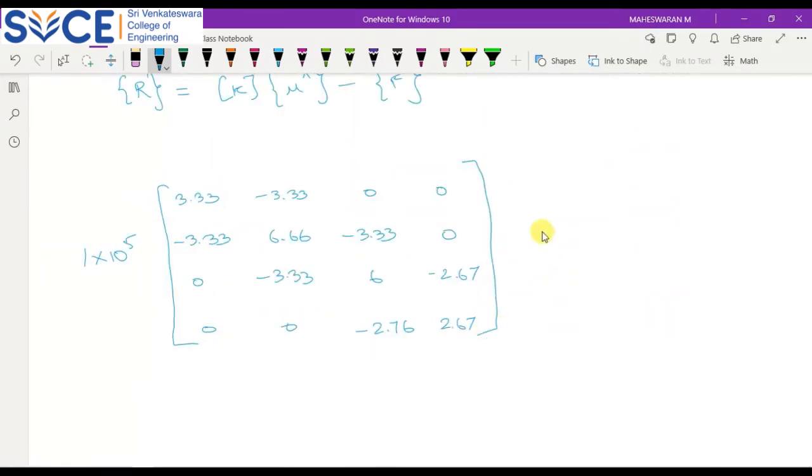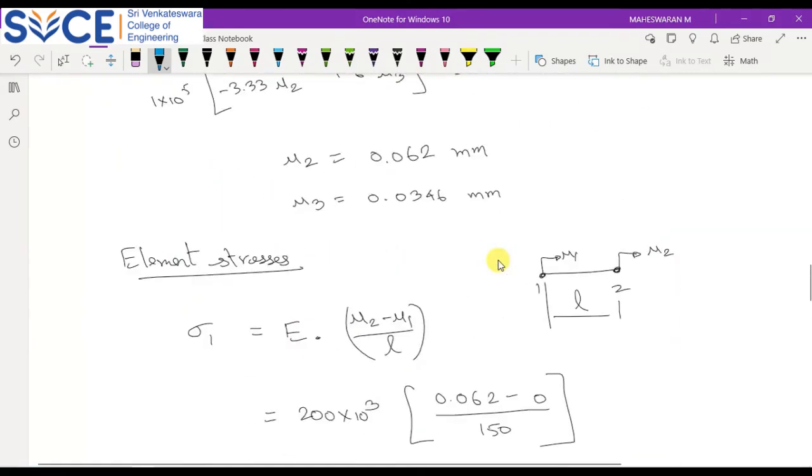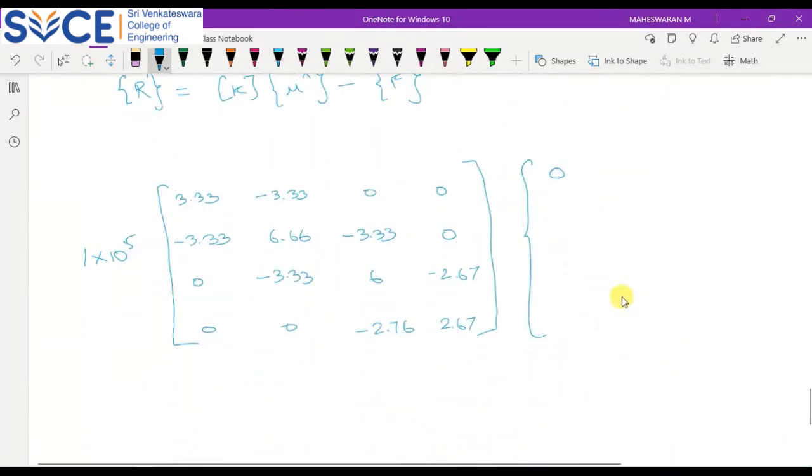So this is my K value, and your U value. So what we identified: U1 is 0, we know that, we'll substitute that as 0. U2 is 0.062. U3 is identified as 0.034. U4 is 0. So this is equal to